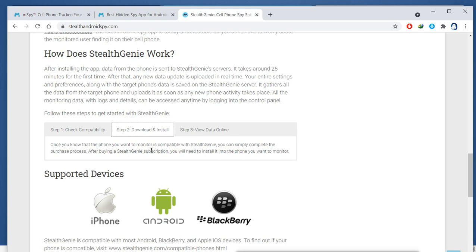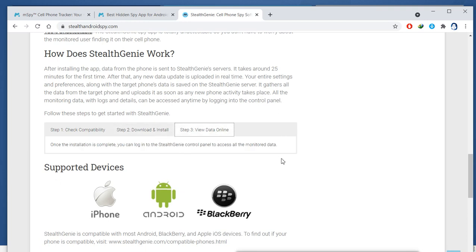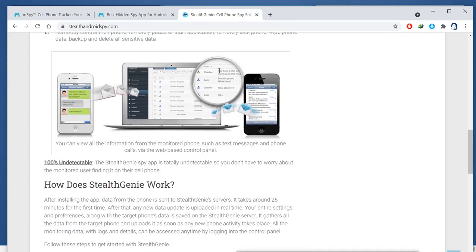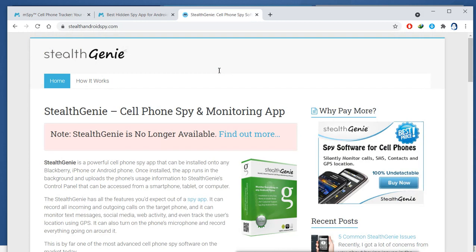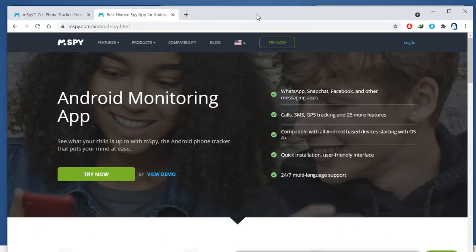Now how will you do that? You can use a social engineering technique. You can send this iPhone or Android application to that user, and trick that user into installing it. After that you can see the data online. So whether you use Stealth Genie or Spy, in any case you first have to install the client on those devices, and then you can connect to them and see the data online. For that you have to get some subscription, because these services are coming from a server. Because of that we have to make the purchase.